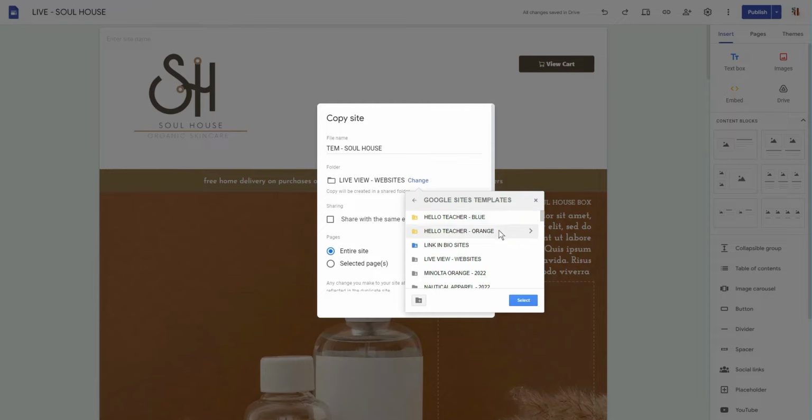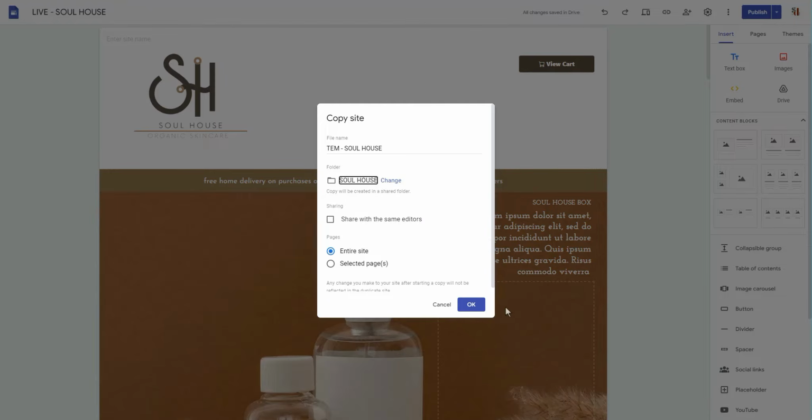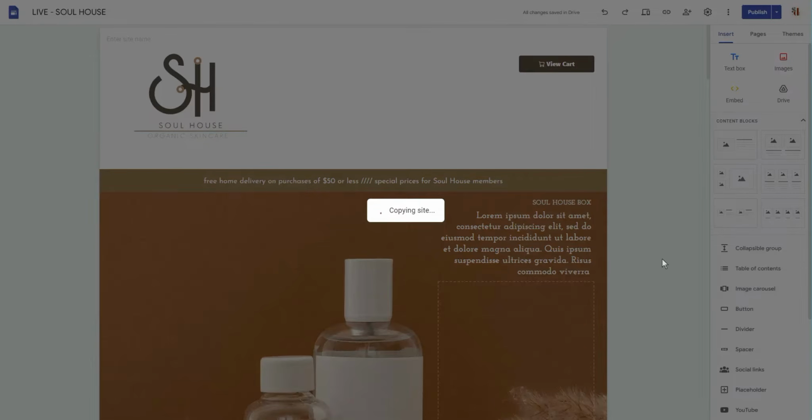and come out of there, and then decide if it needs to go in its own folder or if it just needs to go as a standard site. Usually it goes in its own folder, so I will create a new folder, and this one will be called Soul House,